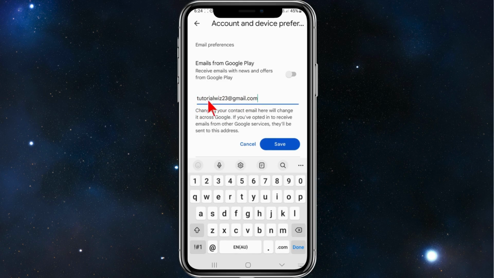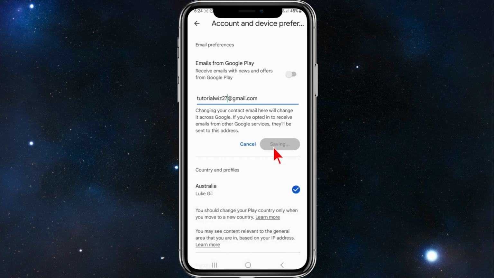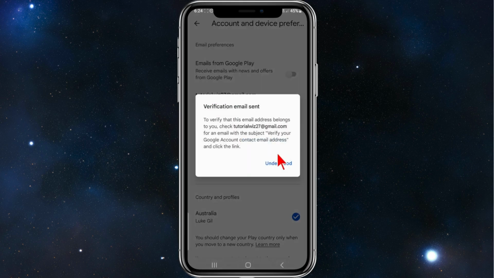a matter of putting in your new email address here. So for the purpose of this video, I'll change this to my other email address. I'll click on save, and then it says here verification email sent. To verify that this email address is yours, check tutorials27@gmail.com for an email with the subject verify your Google account